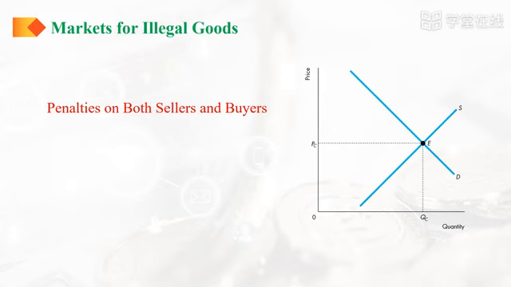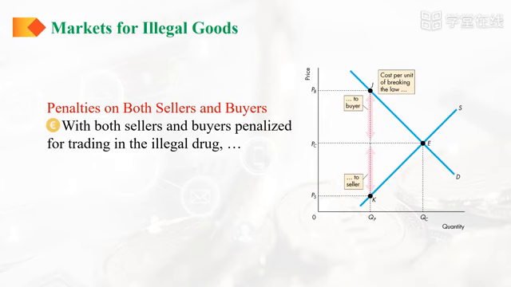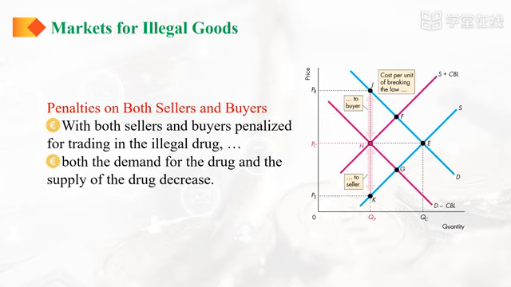What if penalties are imposed on both sellers and buyers? If penalties are imposed on both sellers and buyers, both the supply curve and the demand curve shift. In figure 6.13, the cost of breaking the law is the same for both buyers and sellers, so both curves shift leftward by the same amount. The market equilibrium moves to point H. The market price remains at the competitive market price PC, but the quantity bought decreases to QP. Buyers now pay PC plus the cost of breaking the law, which equals PB. Sellers receive PC minus the cost of breaking the law, which equals PS.